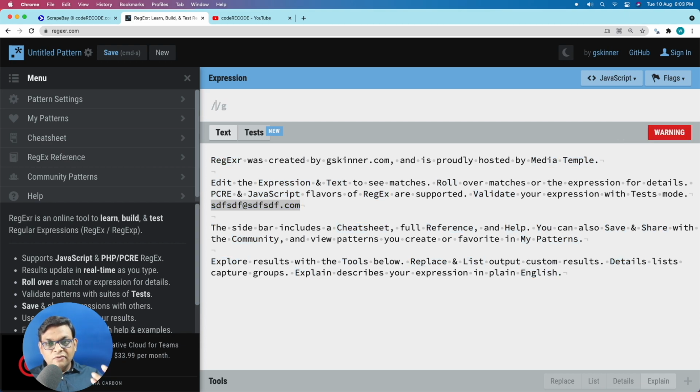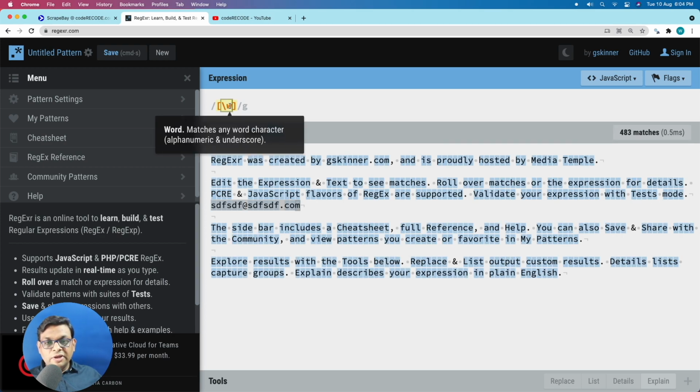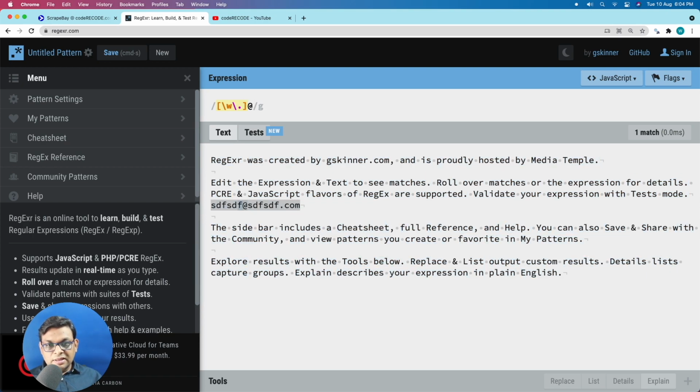What are the characters which are allowed in an email address? In square brackets, we can write \w, which will match any word character, so alphanumeric and underscore will be matched. Then it can also have a dot. I'm putting a backslash because dot is a special character. This will be the first part. And after this, there will be an @, and again this will be repeated. Again, we have to put a plus because it will be one or more, right? This is the simplest possible regular expression which I've created. This is not foolproof, I know, but this is the simplest one that we can create right now to test